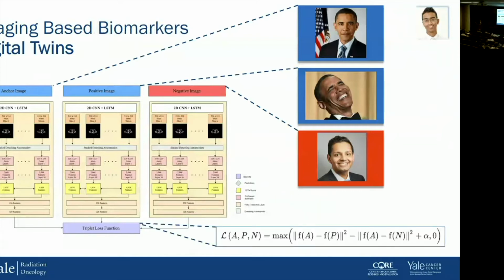And then I think it's important to understand what the objective function is in this one, because I think that's where the true innovation is. This is a loss function, the function that you're trying to optimize, which takes your actual image, your positive image, and your negative image. You want to minimize the distances between your actual image and the positive image, and you want to maximize the distances between your negative image and your image, right?